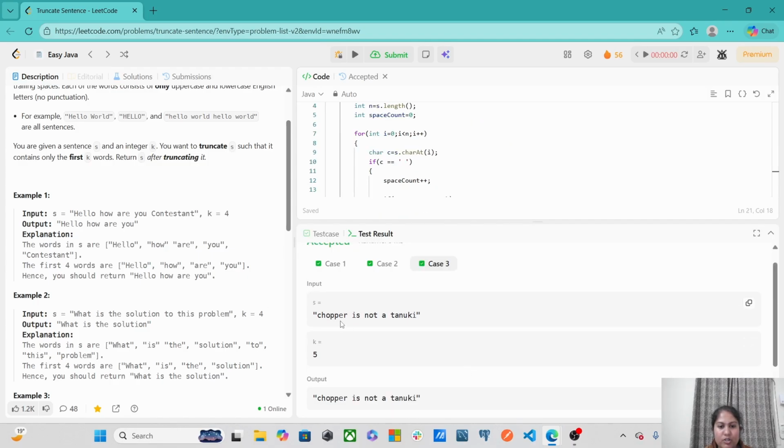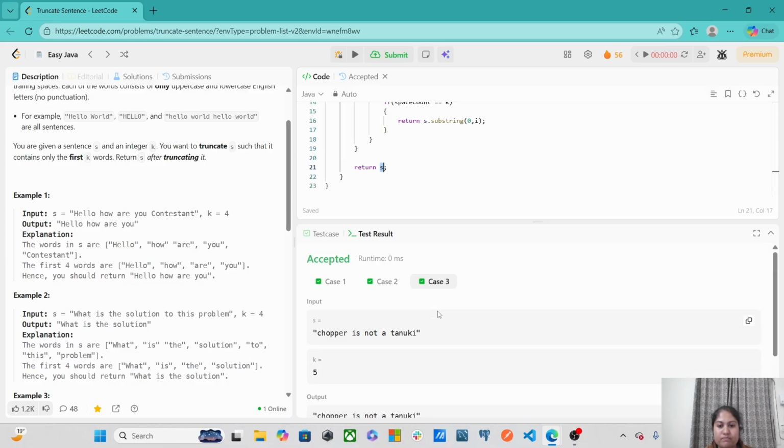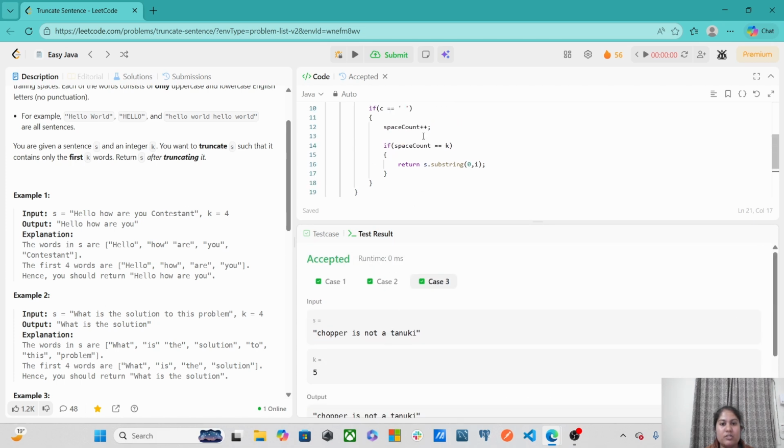In the last one, "chopper is not a tanuki", it is traversing through the whole string, and at last it is returning the whole string, because the number of spaces is not possible to be equal to k. It would be equal to k minus 1, that is 4. So that's why in the worst case the time complexity is big O of n.